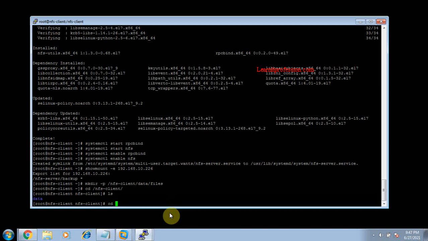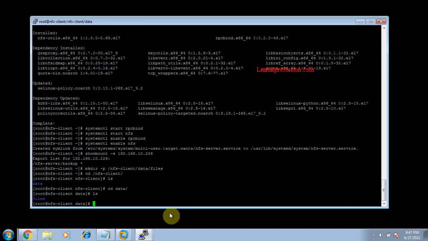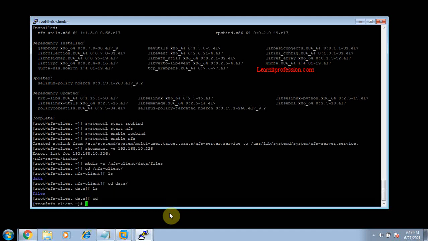Use the cd command to go inside the directory of data. Again type the command ls to list the content inside the directory of data. To go inside the directory of files, use the command cd, and also check the content inside it.